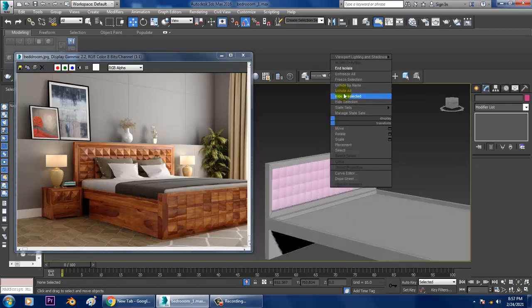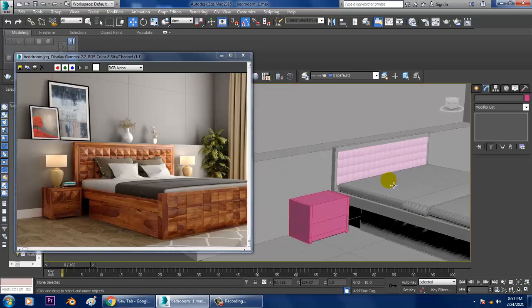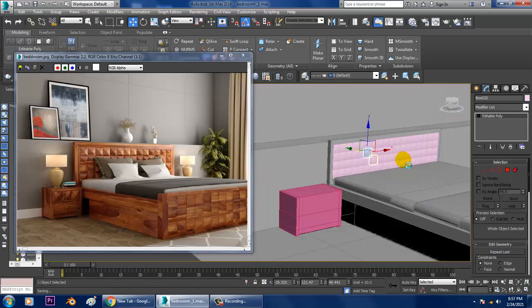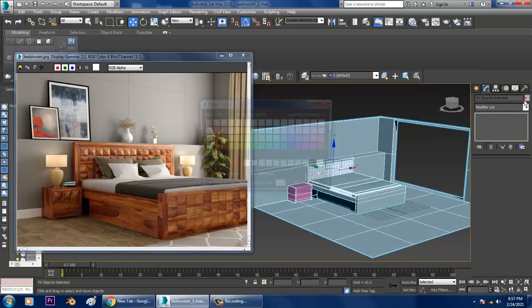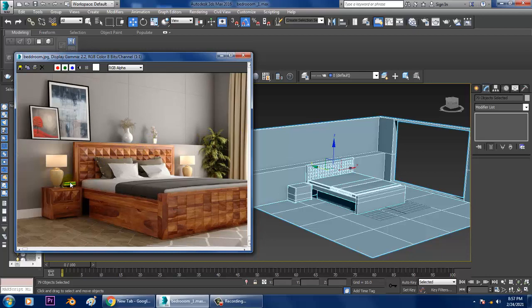Right click and you can just end isolate this, so you get such details over here in this way. So save your file over here. I'll select this all. I can give such stuff over here.